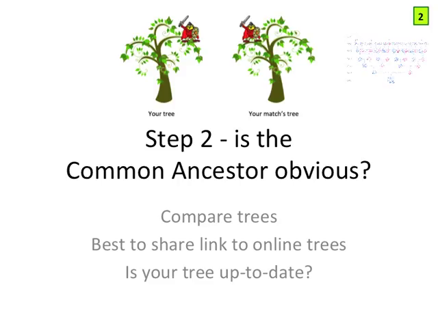The second step is the common ancestor obvious? And you can only do this by comparing trees. And the best thing to do, I think, is to share the link to your online tree. So that raises the question, is your tree up to date? Is it as far back as it could possibly be? Are you happy to share your tree with somebody else? Are you happy to put your tree online? You know, these are all questions that you need to decide